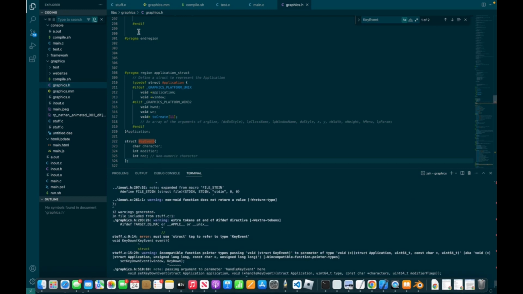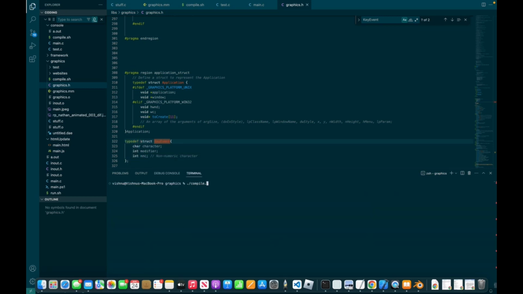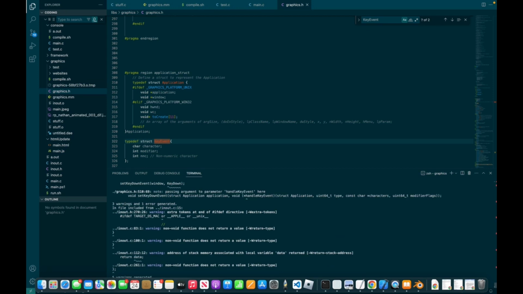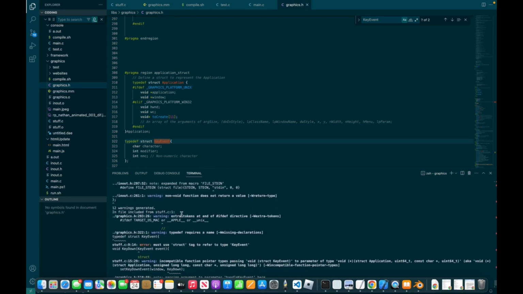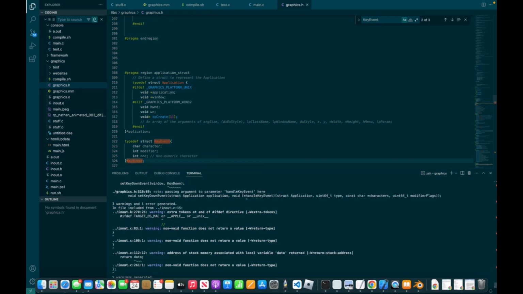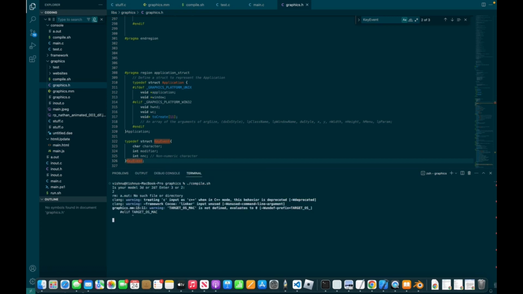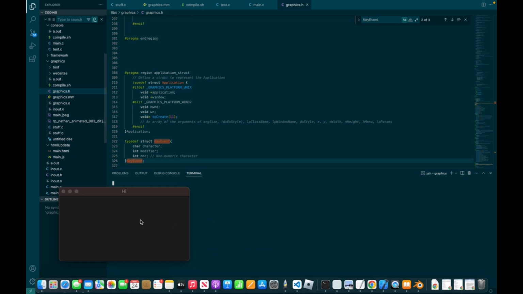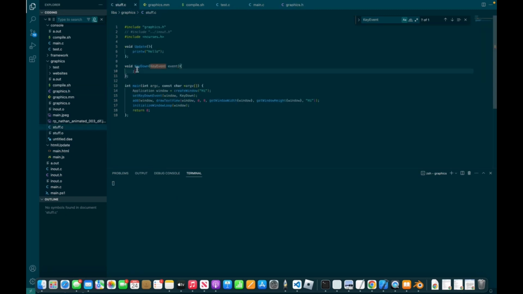Dang it. I was typedef. No, it doesn't do anything when you press any keys because I didn't program it to do that. No, say